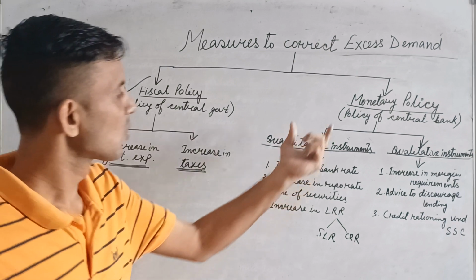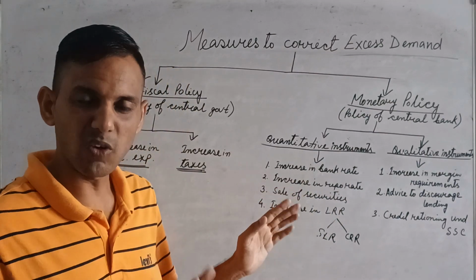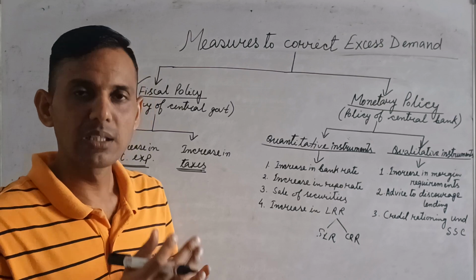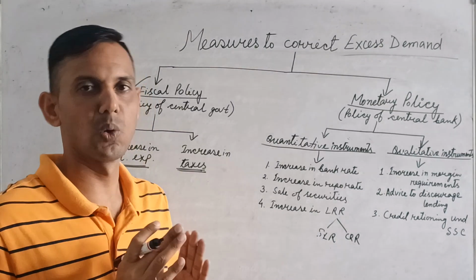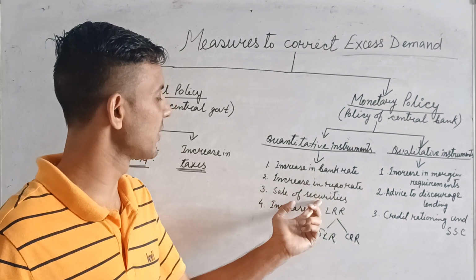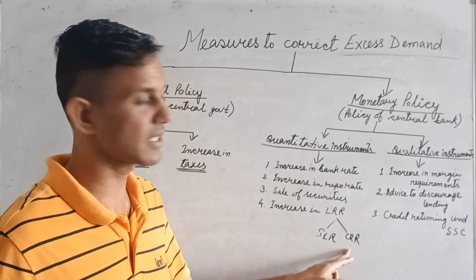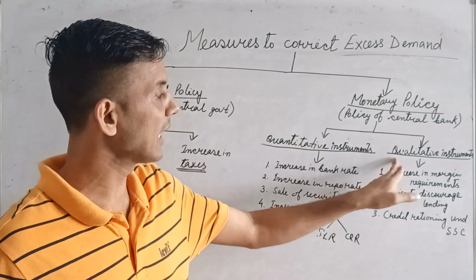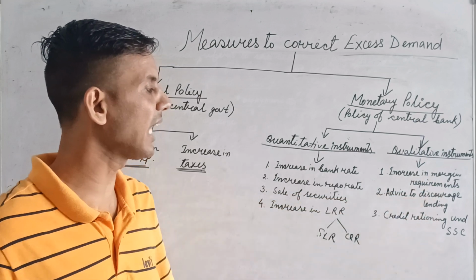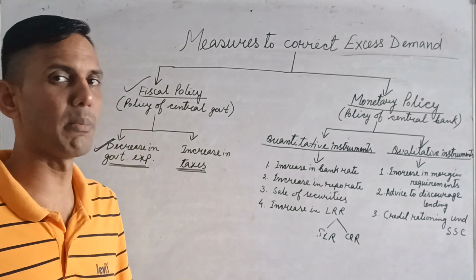Simple. Quantitative: increase in bank rate so that the cost of borrowing for the commercial bank increases, and it will help to reduce the loan or advancing of loans. Same, increase in repo rate also, sale of securities, increase in LRR or increase in SLR or increase in CRR. In qualitative instruments: increase in margin requirements, advice to discourage lending and credit rationing. So these are the things. But students, you remember